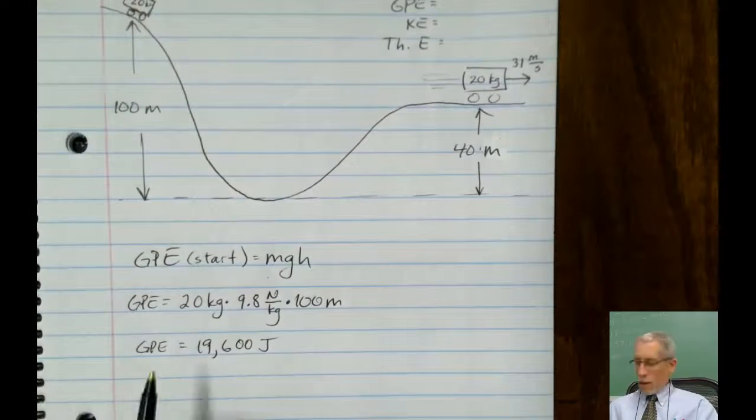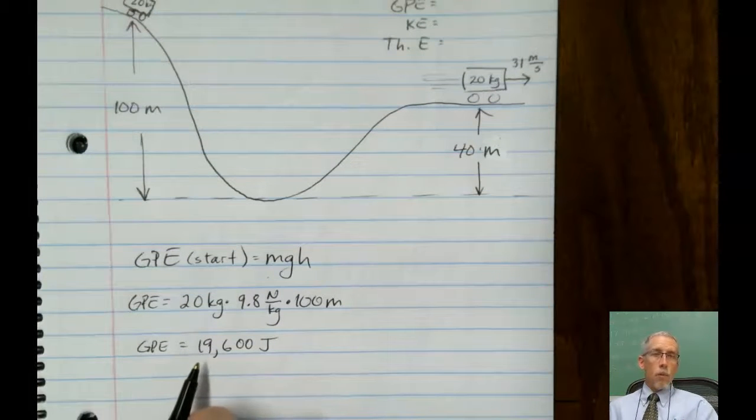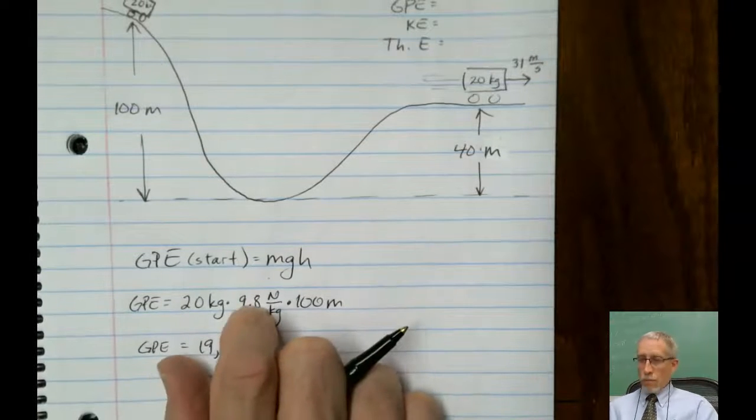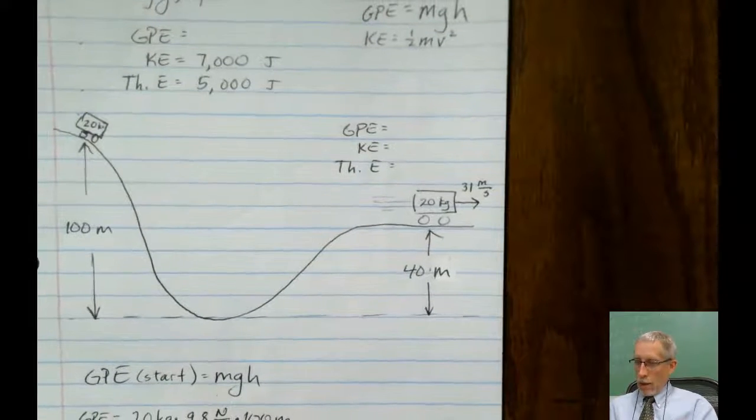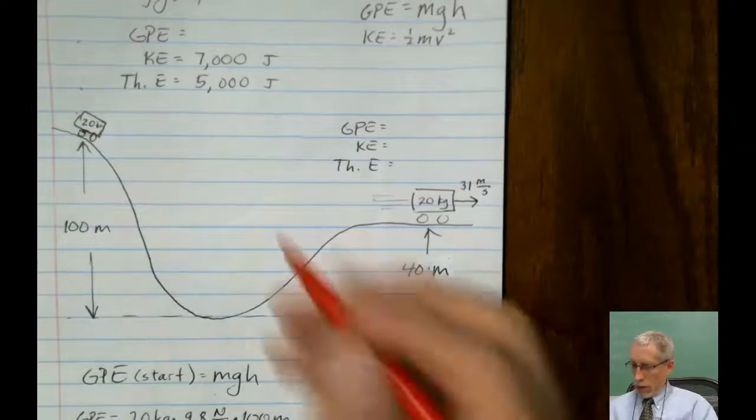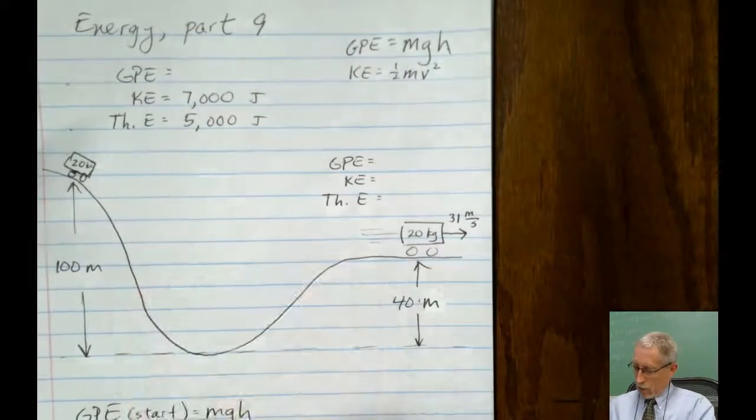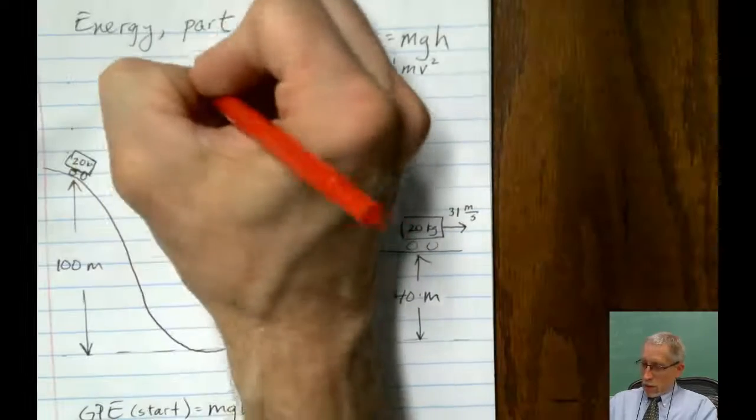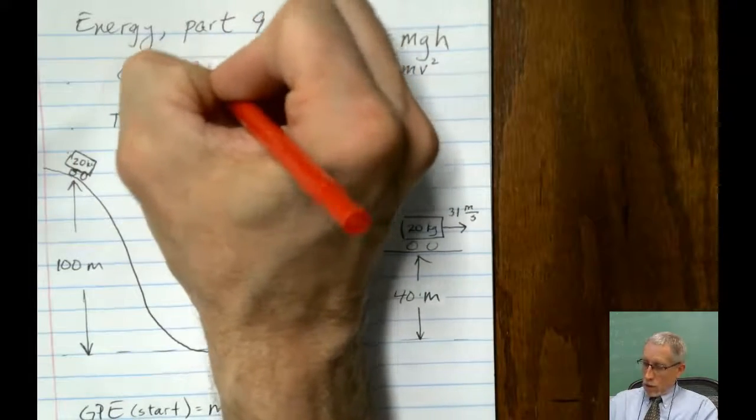I always recommend you write commas in when you're doing it on paper, but a lot of times on the Google form I ask you to not include commas. Okay, so as we calculate that, let's write it in. I'm going to write it in red so you can remember what's been given to you in black versus what you had to calculate. So 19,600 joules